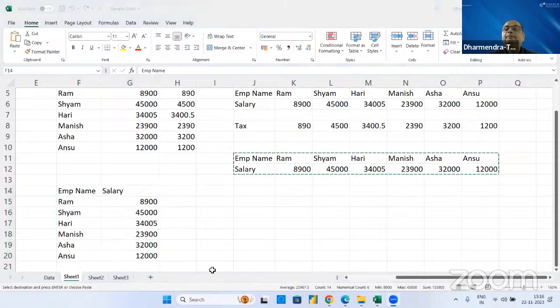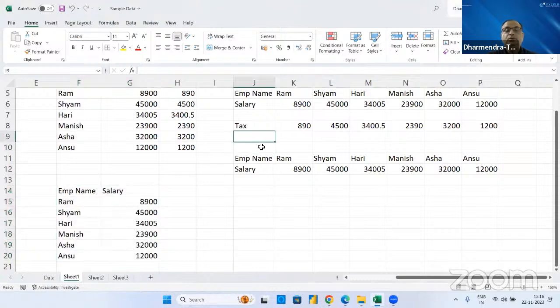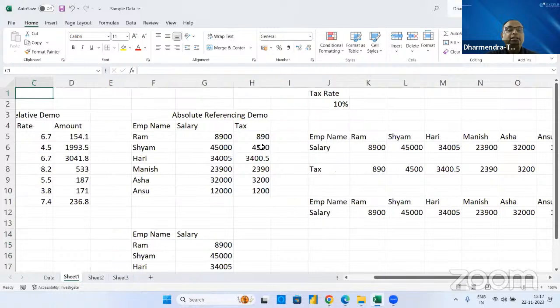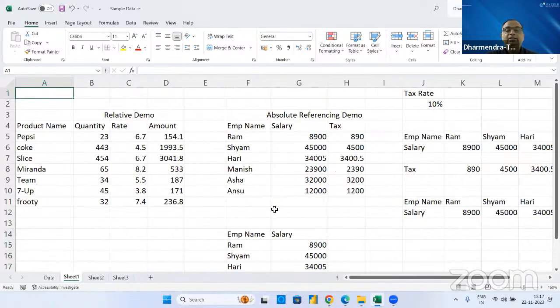All right, yeah. So we learned how to do absolute referencing and relative referencing. Let's see the next concept. We should learn about mixed referencing. Mixed referencing means sometimes maybe the column you have to